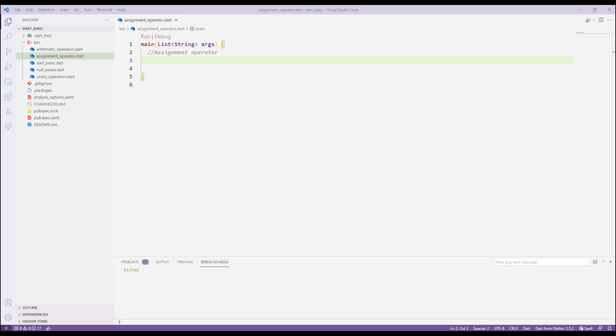The next thing that we want to do over here is learn about the assignment operator, and for that I have already created an assignment operator dart file, and also created a main method. So you can just go and create it, and let us look into the assignment operator. So first of all, I'll just say var a equals 10 plus 5,